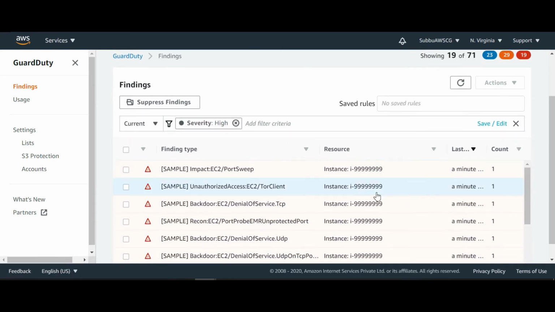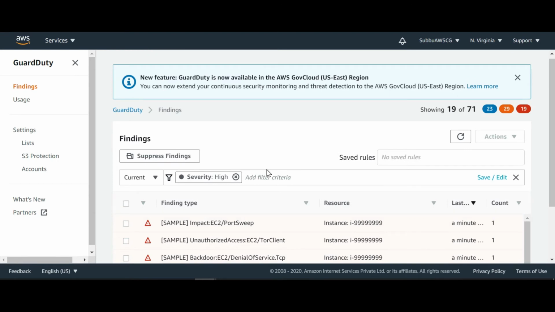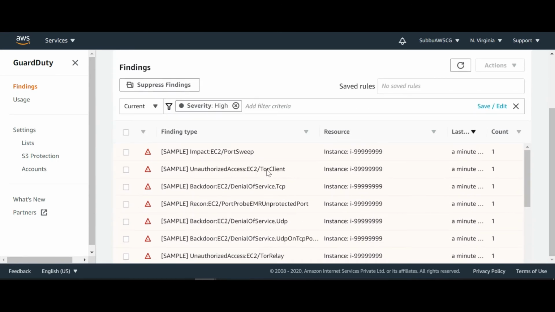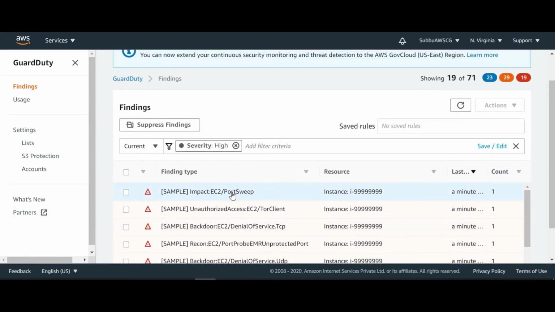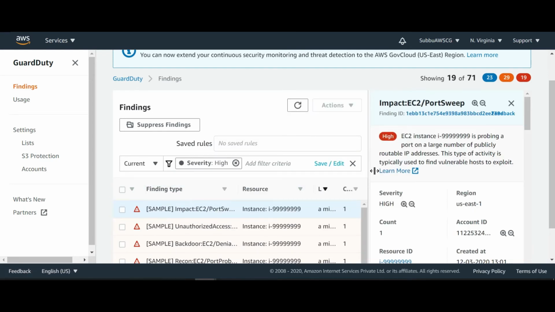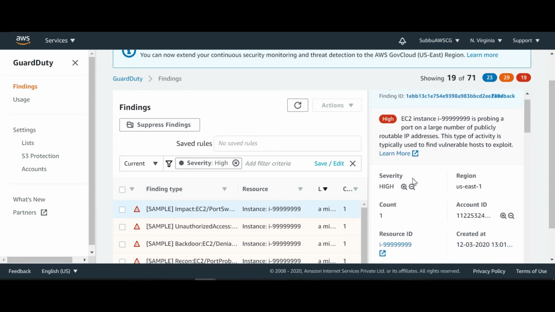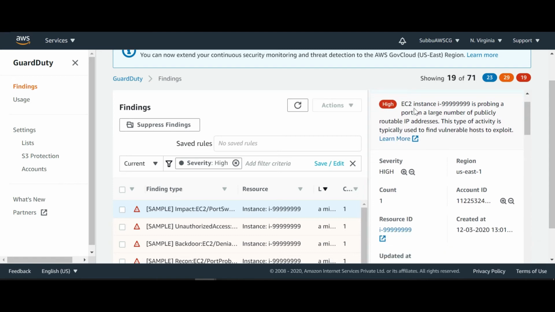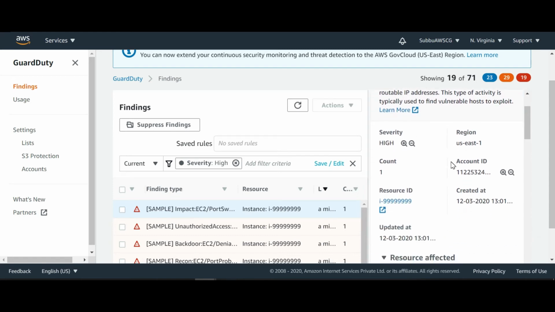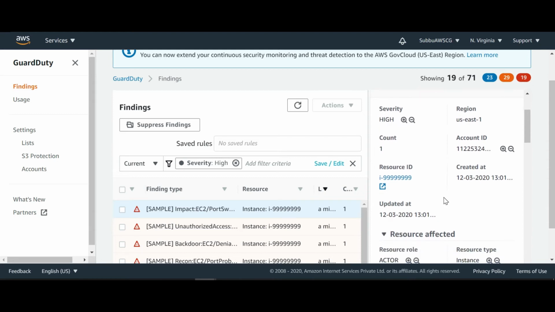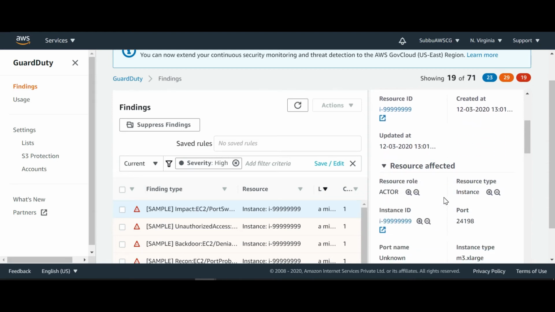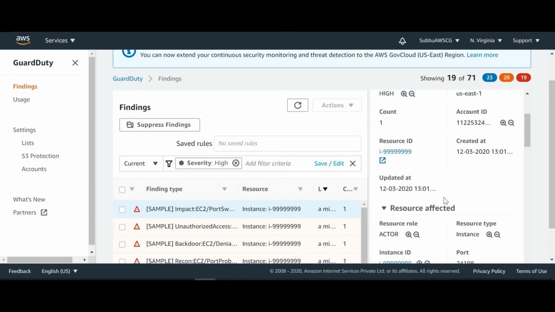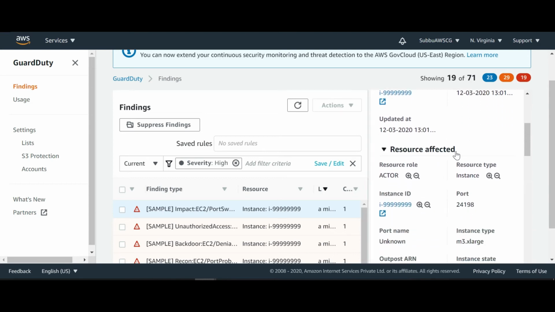Okay, so these are all my high severity sample findings. You can click on each of these and get the details. Let me click a sample finding here. So this is my sample finding. This finding is related to an EC2. So you can see this is a high severity. The reason is on my EC2 service. So this is the resource affected.